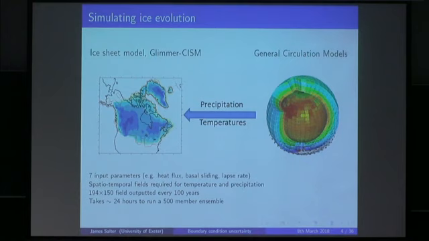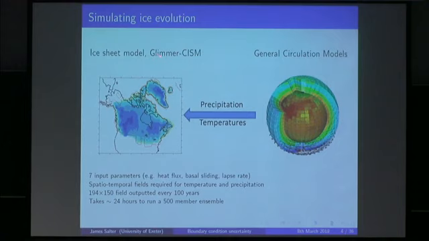So this is just a basic picture of what happens with our ice sheet model. We first run a general circulation model, so these are expensive climate models that capture atmospheric physics and what's happening in the ocean, parameterized by PDEs and approximations to them. These take quite a long time to run on a supercomputer, so we don't have too many of these runs, but we can take precipitation and temperature spatial fields from these, and then we plug these into our ice